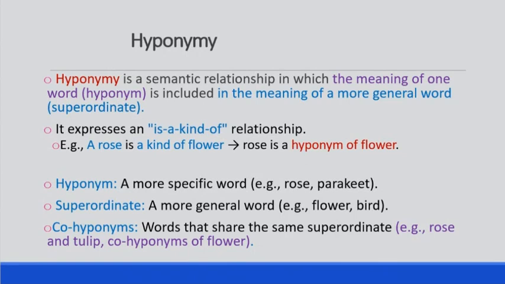So flower is the superordinate, and rose is the hyponym. Bird is the superordinate, and we have different hyponyms like sparrow, dove,